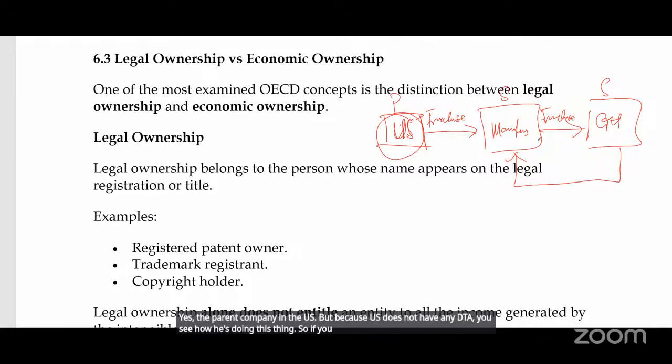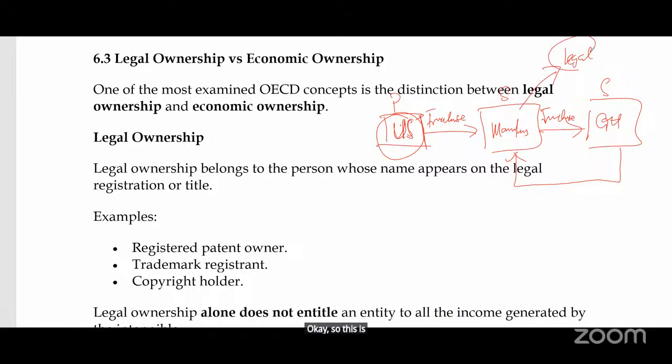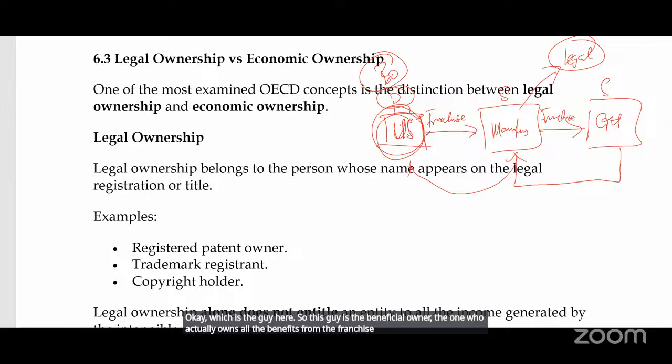So if you look at it, the legal form is that the franchise in Ghana is owned by the Mauritius company. This is the legal form. But the commercial form, or the economic ownership, is with this one, the beneficial owner, the one who actually owns all the benefits from the franchise. So the actual royalties come here. And with intangible assets, this is the thing that can happen, and it will mask the true source of the ownership, where the tax authorities cannot see. That is why you have to really understand economic ownership. We are concerned about economic ownership and not legal ownership.